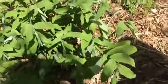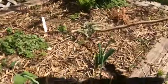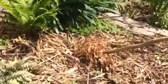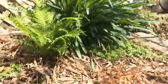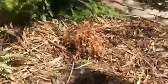This is kind of a weird bed because I always think it's sunny, so I put stuff in and then a couple weeks later it's just really shady. So now I got a little wiser, and we're starting to put some ferns in here. There's some little baby ferns coming, and I'll want to fill it up with, I don't know, more ferns or some trillium or maybe some violets. Okay,